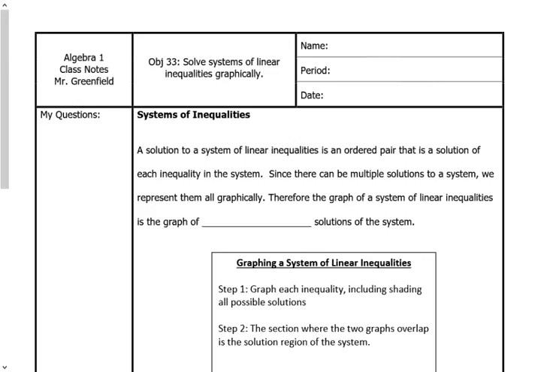The problem is you can have a bunch of different solutions because an inequality, think about what it says. If I say x is less than 5, that means the solution can be 4, 3, 2, 1. If it's x is less than or equal to 5, then it can be 5, 4, 3, 2. So we have all of these possible solutions that can work. It's not going to be a simple one coordinate. It's every coordinate that works. So that's why we say a solution, just singular. One of the solutions is a pair that works. But because there's so many,